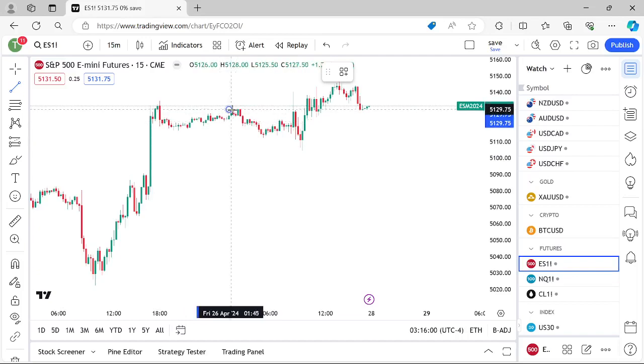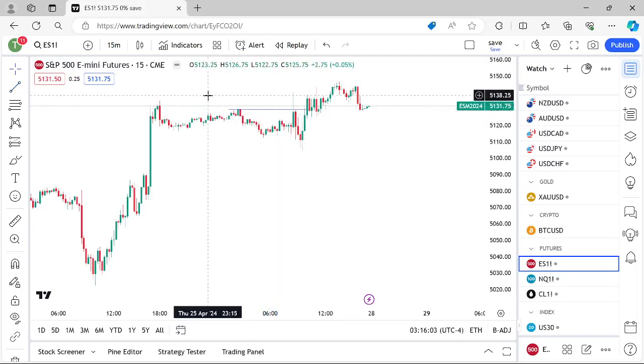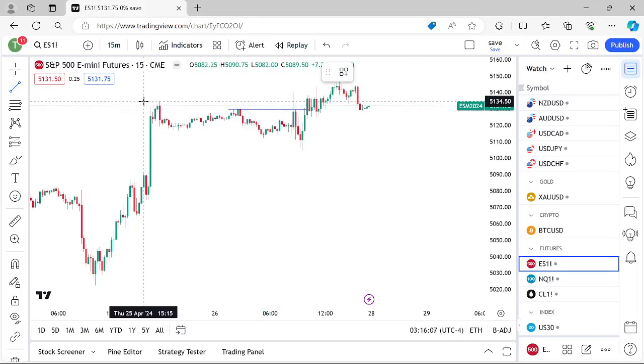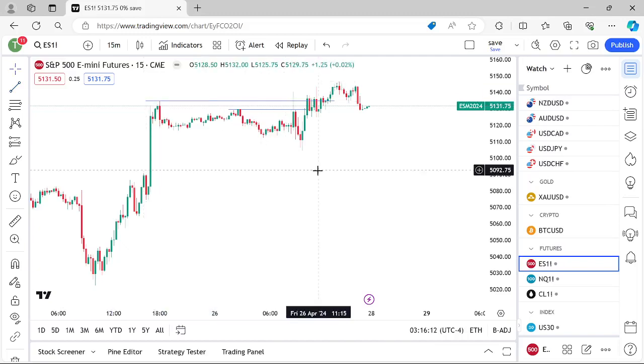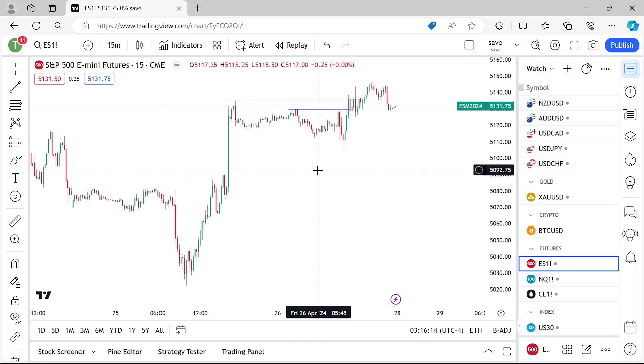I'm going to note this first. That's high of day buy side right there. And we took out this as well. We took out previous day's buy side liquidity right here. You see that? Now this thing's overall bullish, okay? And my bias was bullish on Friday, of course. But that's a lot of liquidity.